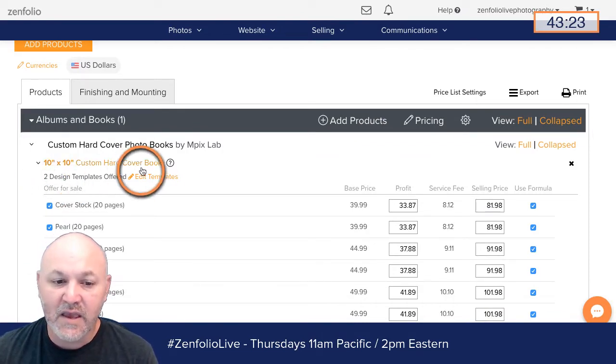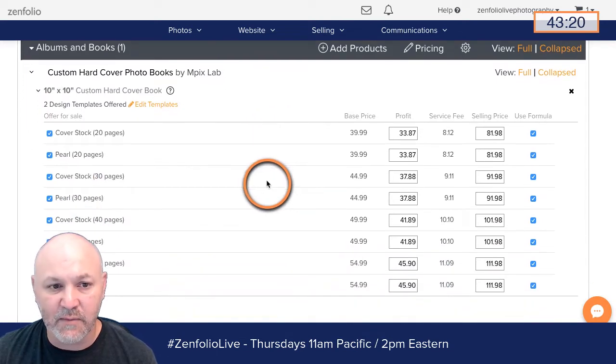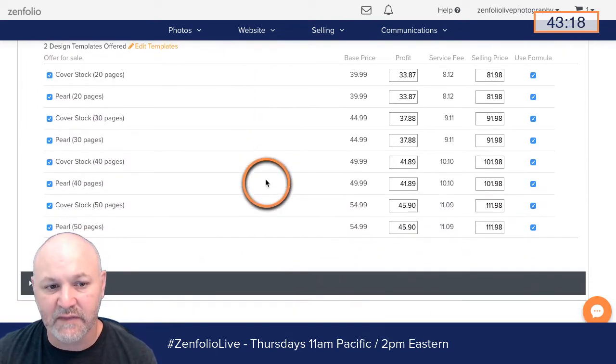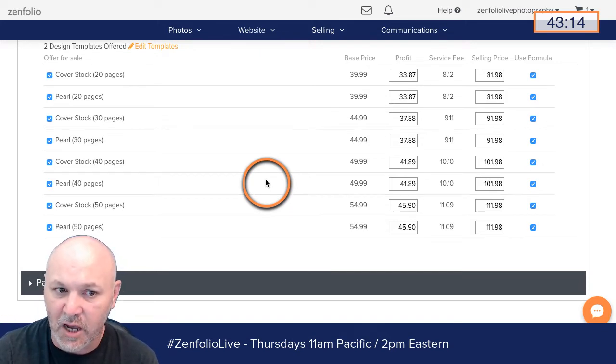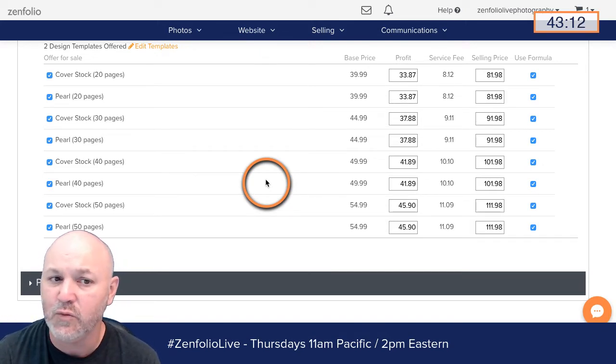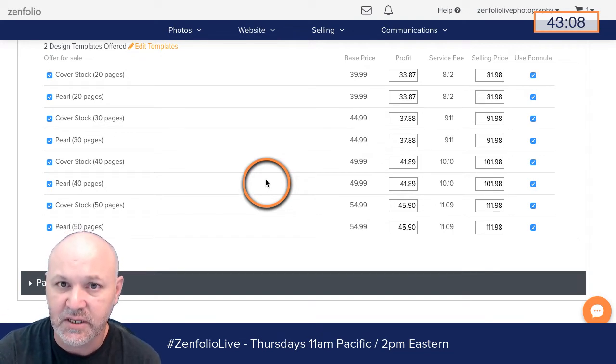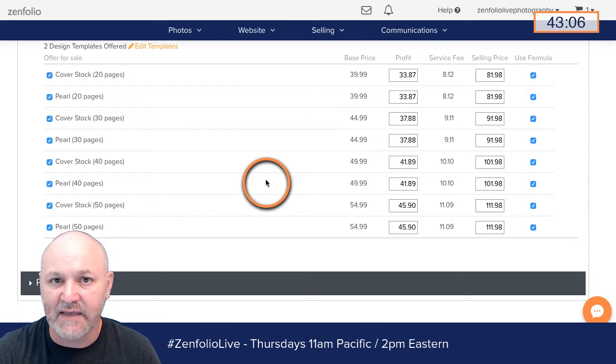All right. And then what we're going to do is come down here and talk about these paper options really quick. Now, these are more than just paper options. They're also number of page options as well. So again, this is another good way to limit what's available in an a la carte option and try to drive people to buying that package.